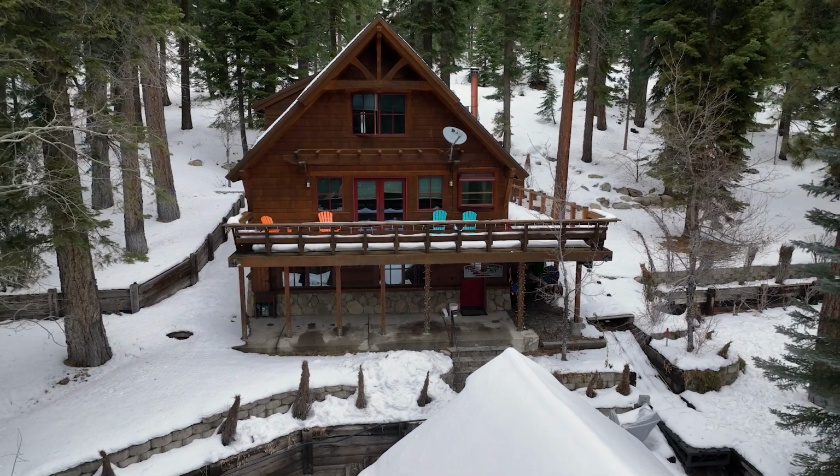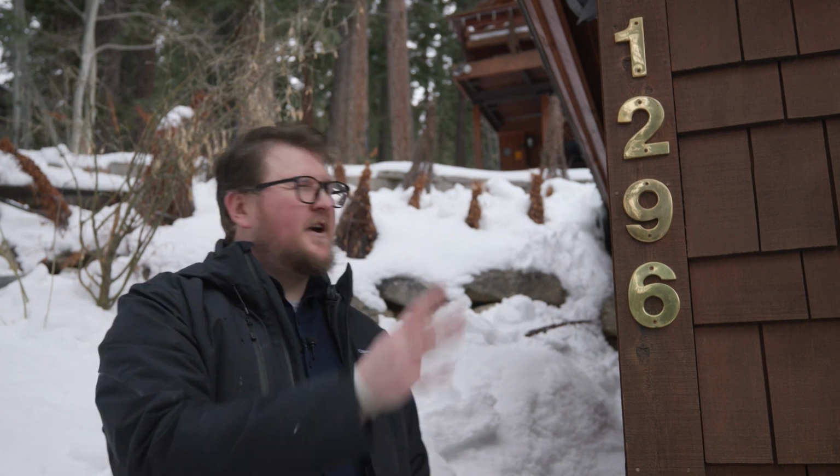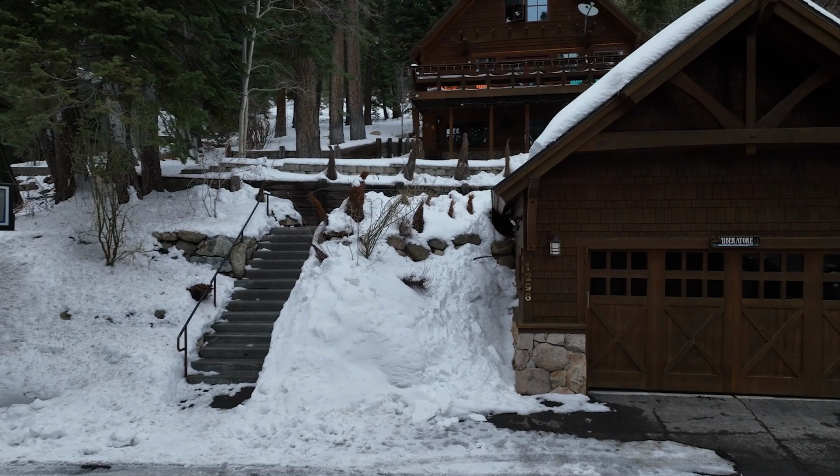Okay, folks, we're going to be starting at the property's address, as you can see. For an address, it needs to meet a minimum size requirement, which would be minimum 4 inches tall, a 1/2 inch width, as well as be contrasting in colors, as you can see here. For a single family residence like this property, the address needs to be displayed in a way that it's visible